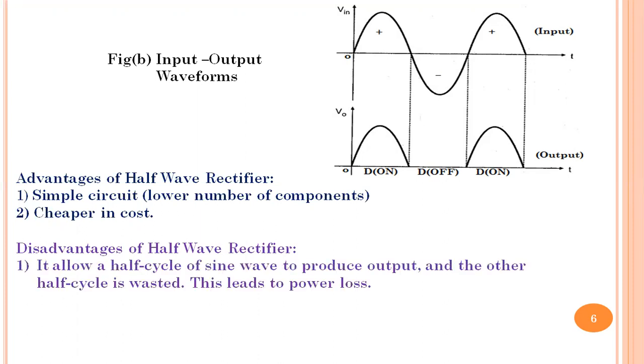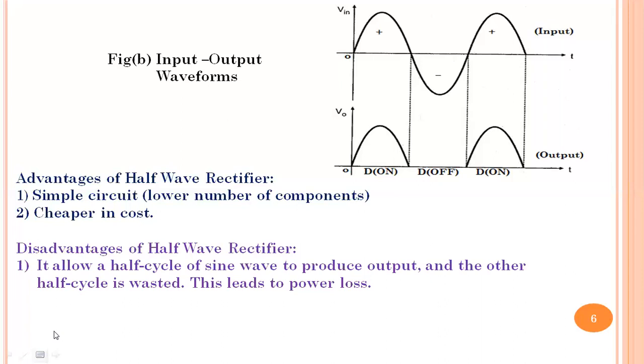The disadvantages are, the first one is what? It brings only the half cycle present at the input to the output. The negative half cycle gets blocked. That means of the electric power present throughout the cycle, only half is used to bring the output. Negative half cycle is blocked means there is a loss of electric power. So loss of power is a major issue in the half wave rectifier. So efficiency will decrease because half the amount of power gets wasted or lost.